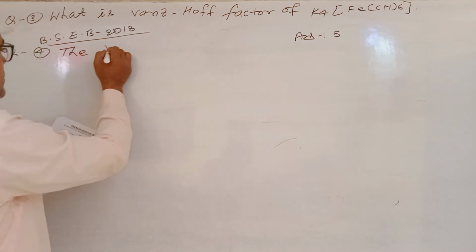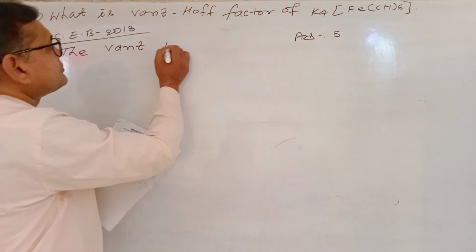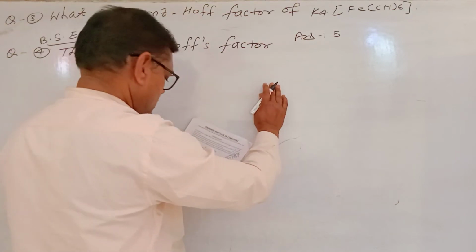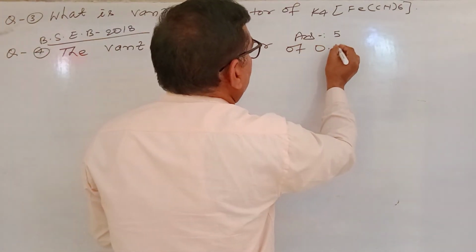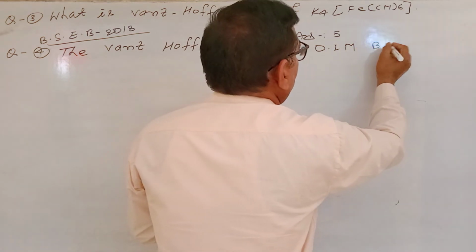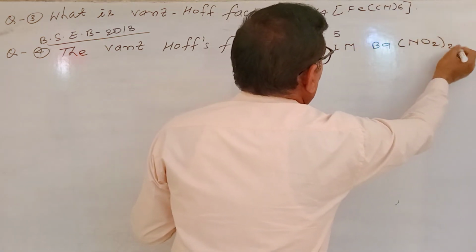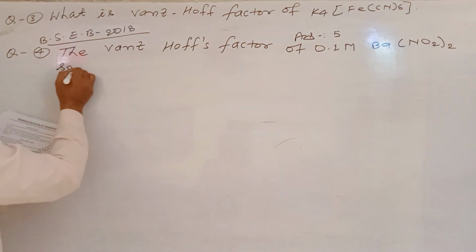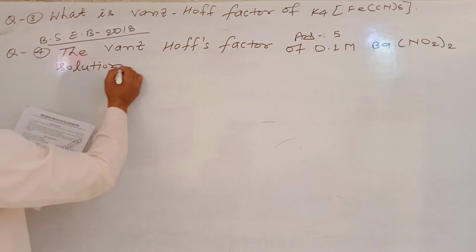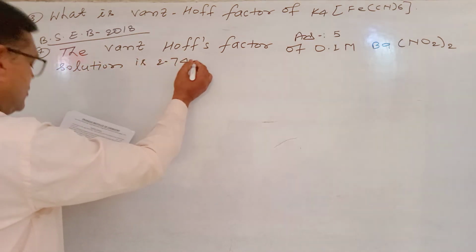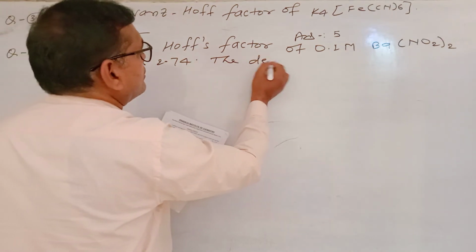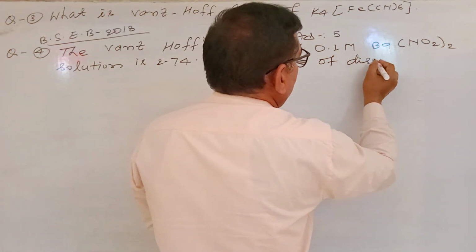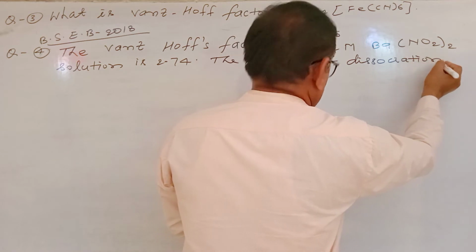The van't Hoff factor of 0.1 M Ba(NO2)2 solution is 2.74. The degree of dissociation is,